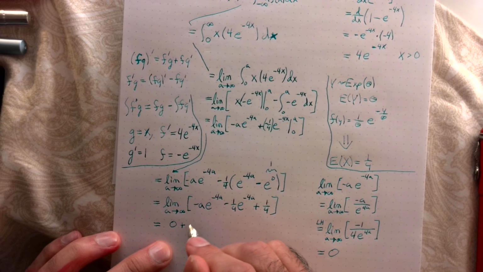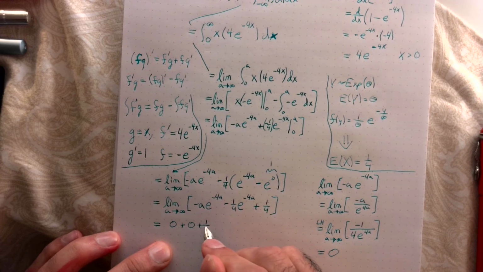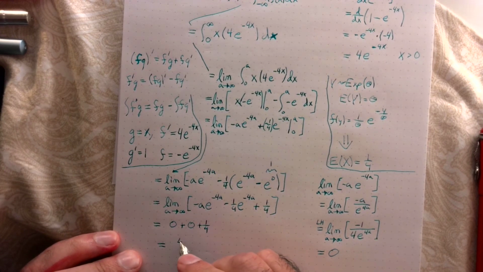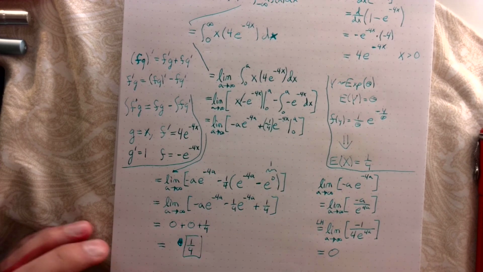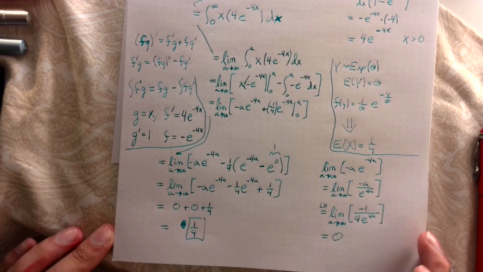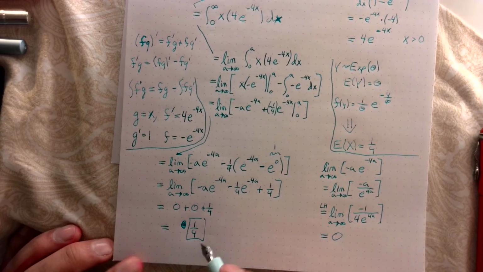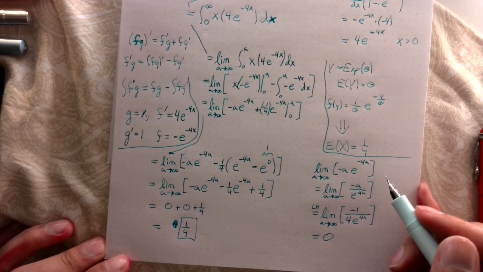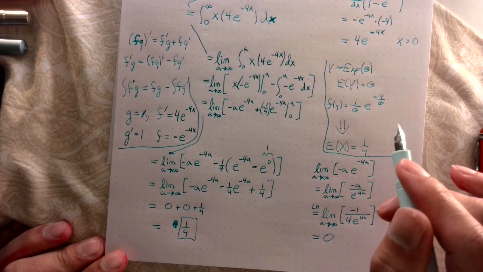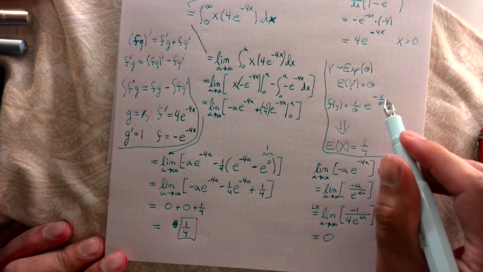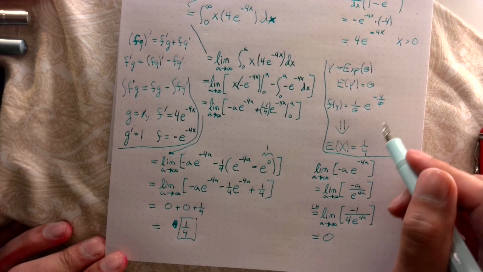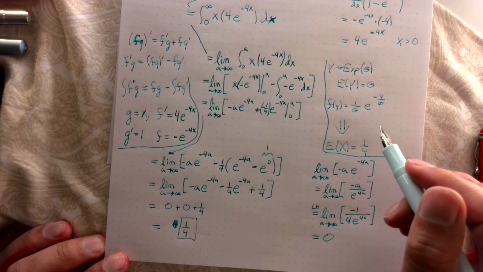So now we have that this goes to 0, this goes to 0. So 0 plus 0 plus 1/4. So our answer is 1/4. So again, we could go through this whole process to get 1/4, or we could recognize that this is an exponential distribution with parameter theta equal to 1/4. So either way,